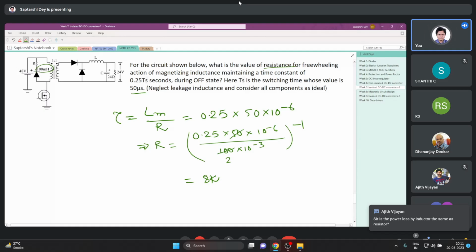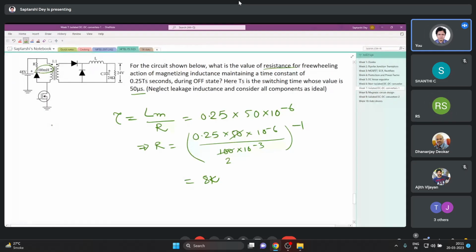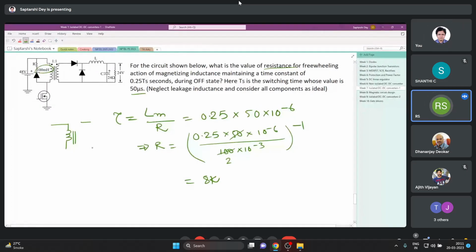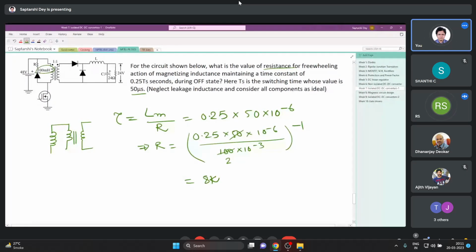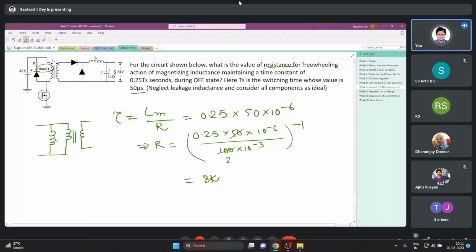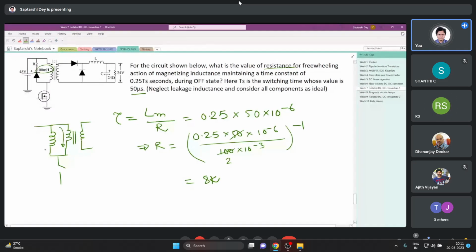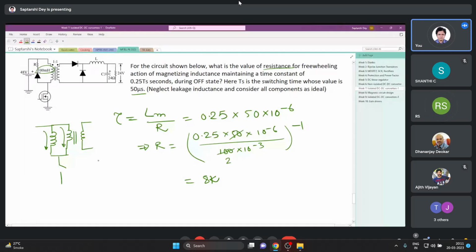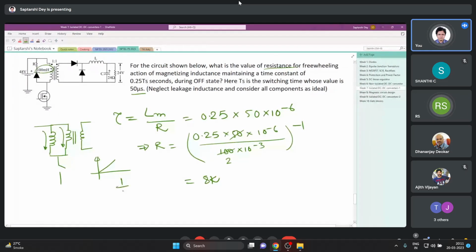Is the power loss by inductor the same as resistor? In the inductor, there is no power loss. I think you are making a mistake here. See, what is happening is, if I draw the equivalent circuit of this transformer, then it is like this. This is the ideal transformer, and this is the magnetizing inductance. When you are turning on this switch, current is flowing in this ideal transformer, which is nothing but the reflected load current. Current is flowing in this magnetizing inductance. Now the current flowing in this magnetizing inductance is linearly increasing, and it is storing half Li squared